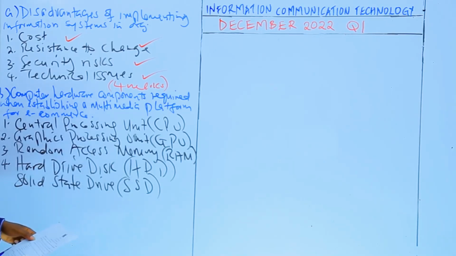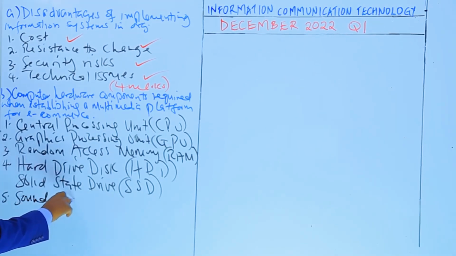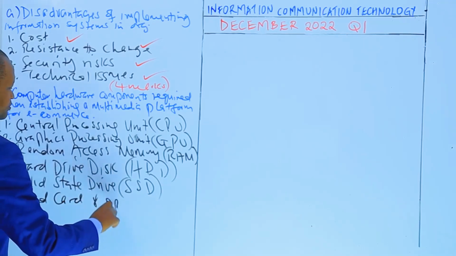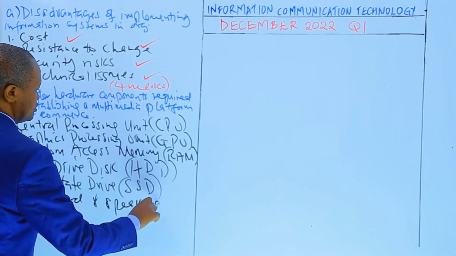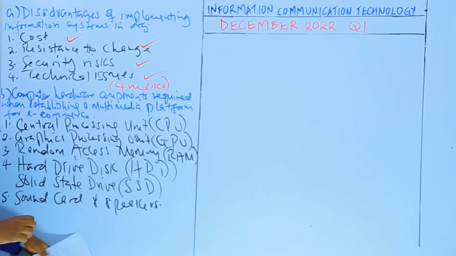These are 4. Then number 5, sound card and speakers. For multimedia platforms, a sound card is necessary to provide high quality audio output, and combined